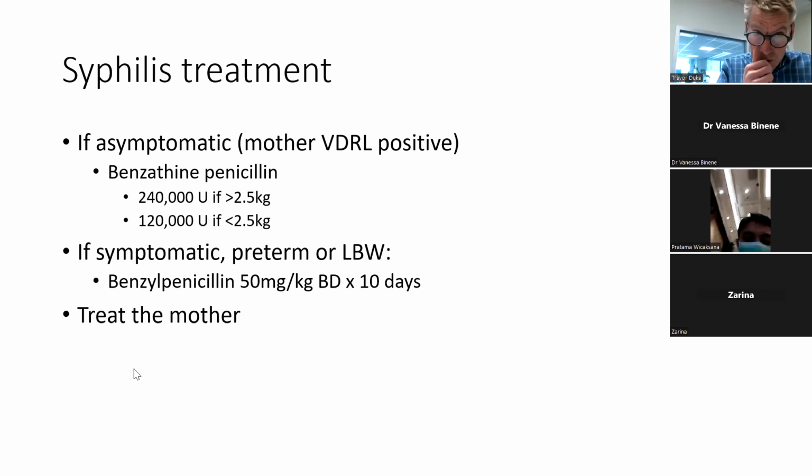And certainly we have seen babies come back even at 1 or 2 years of age with secondary syphilis from being inadequately treated in the newborn period. And of course, you need to treat the mother. So it's important to make that distinction between the baby who can be treated adequately with one dose of benzathine penicillin, compared with the newborn baby that needs 10 days of crystalline penicillin or benzyl penicillin. The two penicillins are different, but remember, if they've got any symptoms at all, then they need 10 days of